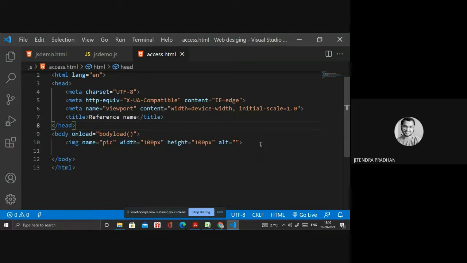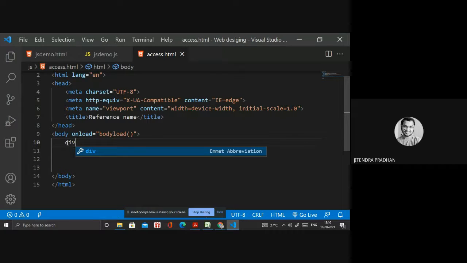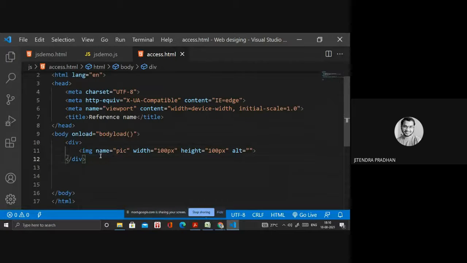So next I require another div, and I will write the image inside the div also. Second thing, I require another div, and inside I will give a form. Inside the form I will access my text box, button, whatever I need.